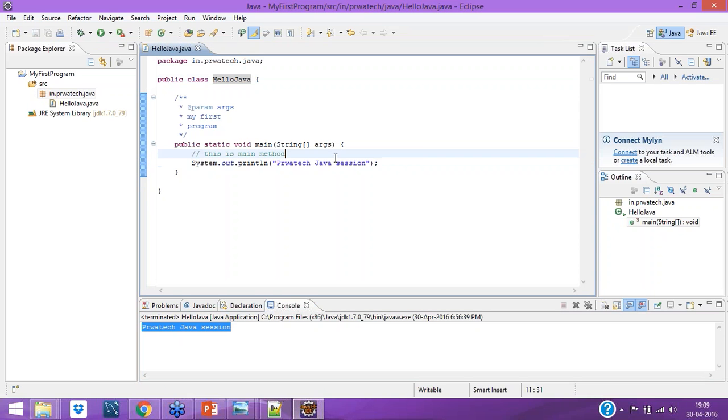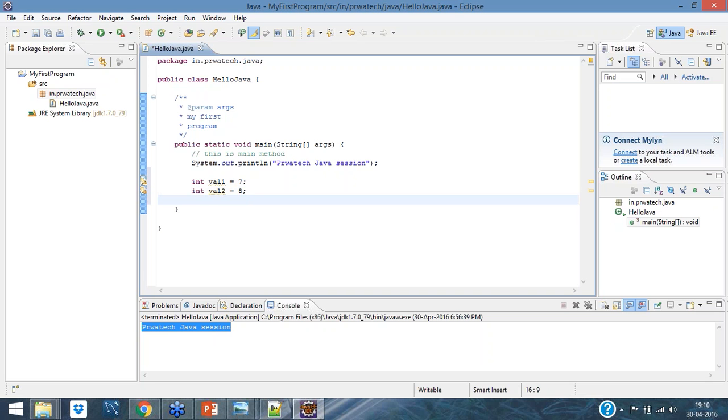Let me add value, int val1 equal to 7. Int val2 equal to, let's say, 8. Let me add these two.